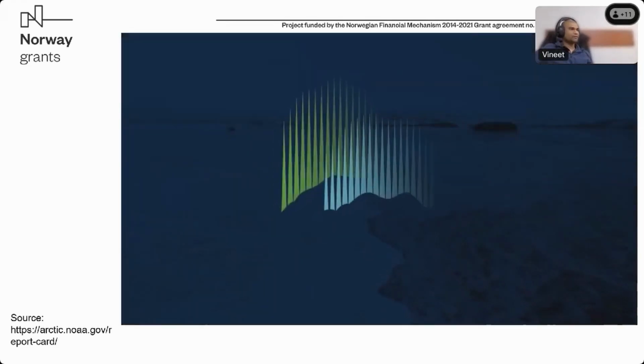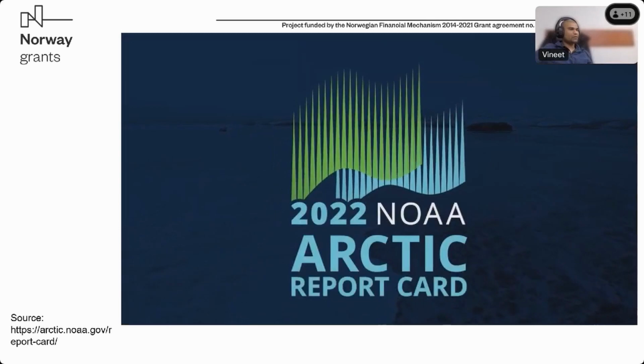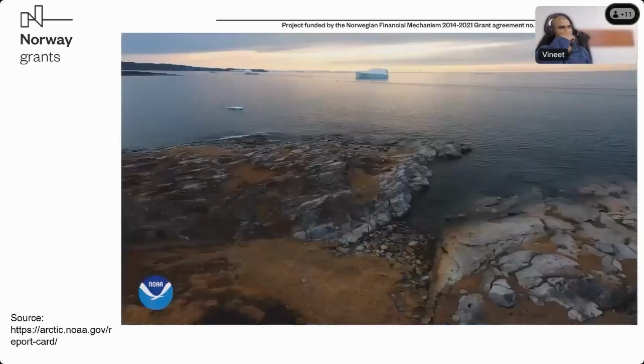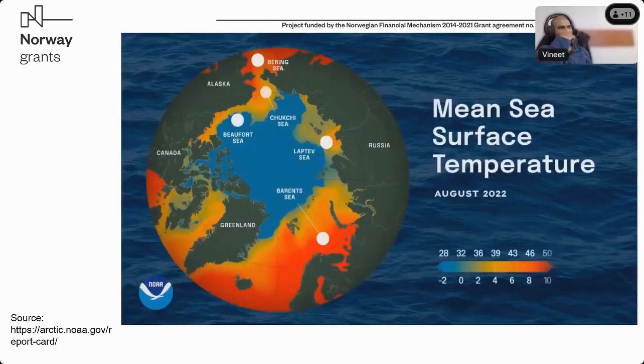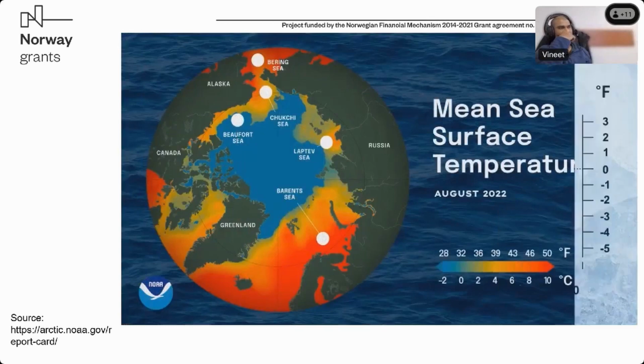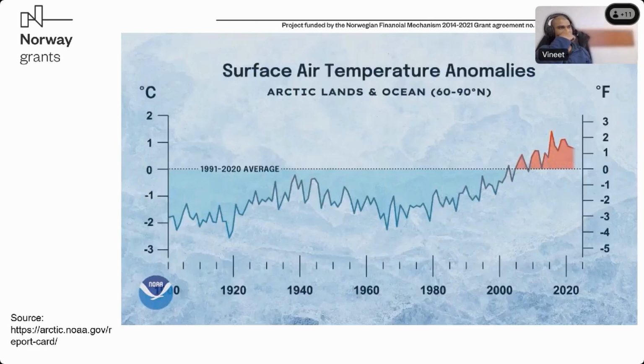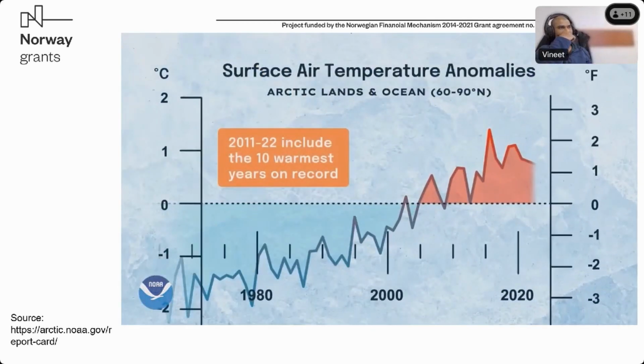I think this is my last slide, and I will end this talk with the Arctic Report Card 2022, which summarizes the climate change in the Arctic and what its potential effects are. Human-caused climate change is having an ever-increasing and profound effect on the Arctic. From the ocean to the air, warming trends are continuing, and air temperatures in the Arctic are rising faster than the global average. In 2022, average annual surface air temperatures were the 6th warmest since 1900, with the 10 warmest